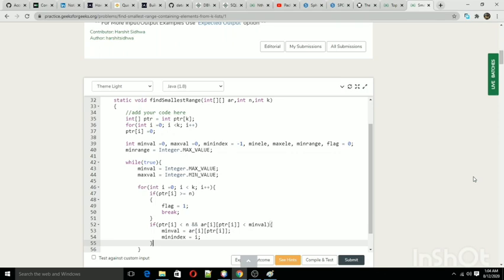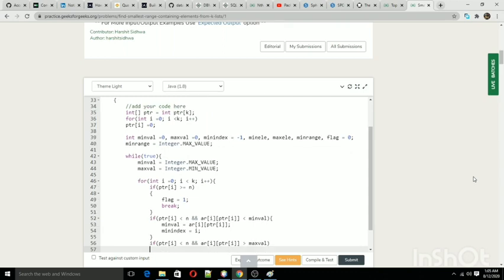Okay, so now updating the maximum value. If ptr of i is smaller than n and ar of i and ptr of i is greater than maximum value, then maximum value is equal to ar of i and ptr of i.